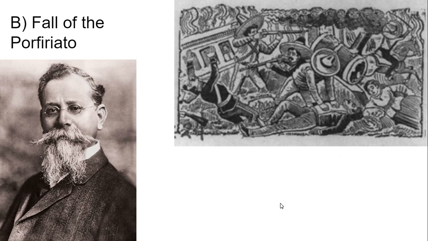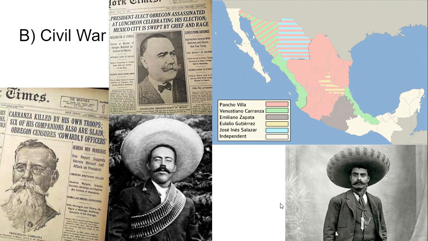So the Porfiriato is going to collapse, the Mexican government's going to collapse, and we're going to have a multi-party civil war between a whole bunch of different forces, including, of course, Emiliano Zapata, who's going to be pushing socialist principles, and Pancho Villa, who's like half bandit, half socialist, half freedom fighter. He's going to become a darling of the Americans until he invades the United States in order to help mobilize